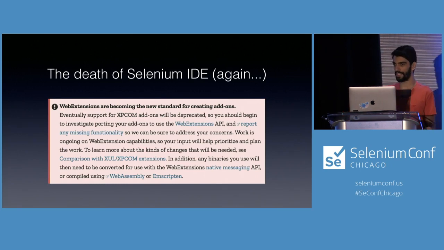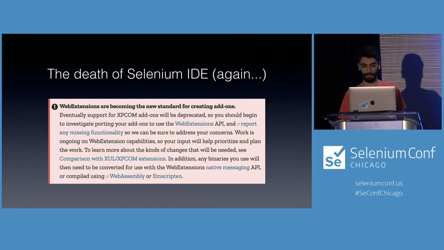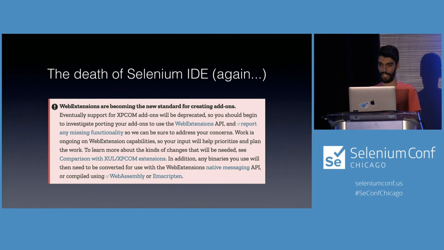Anyway, the IDE caught on, and that's the best explanation I got out of the Mozilla documentation about this. But eventually, Mozilla decided to kill XPCOM-type extensions, which was the exact technology that the old IDE used. And it's a great decision for them as a browser, because that technology was filled with security vulnerabilities, while the standardized web extension was a lot more secure, with the user's privacy and data protection in mind.